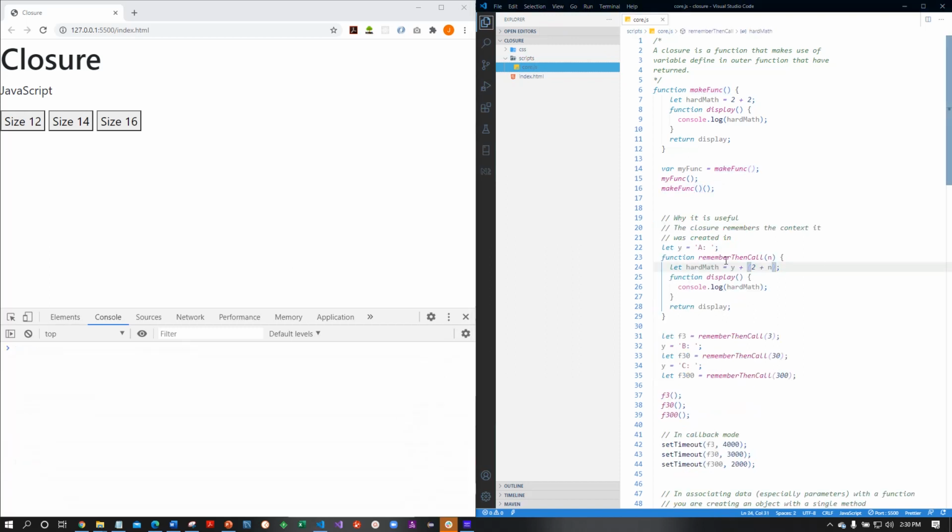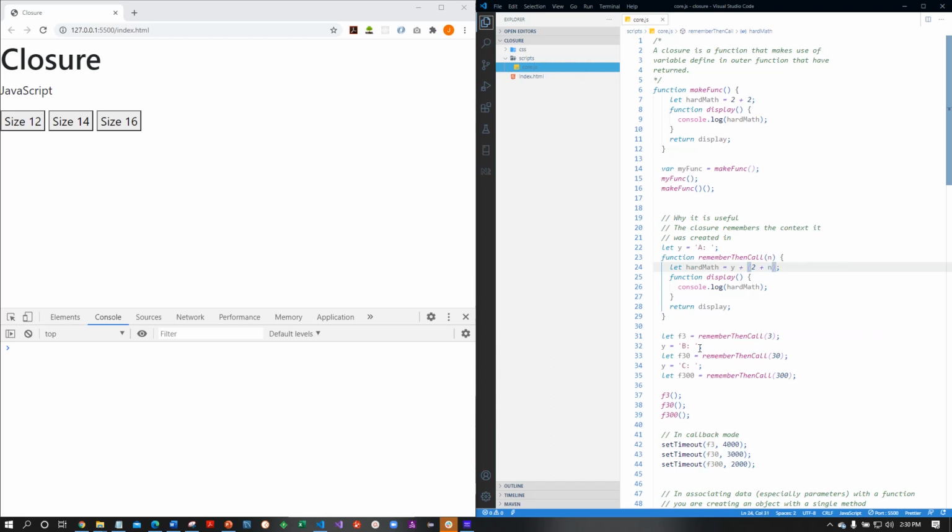So let's go to a little bit more difficult example. At least it has more elements for the closure to close over. So this one just had the local variable. This rememberThenCall has a parameter. I have a global variable y here, and I have a local variable that takes the parameter, adds 2 to it, and then concatenates with this global variable. And all of that, still called display, all of those elements are closed over and then used when the display is called. So we have, remember the call, this time we pass it 3,